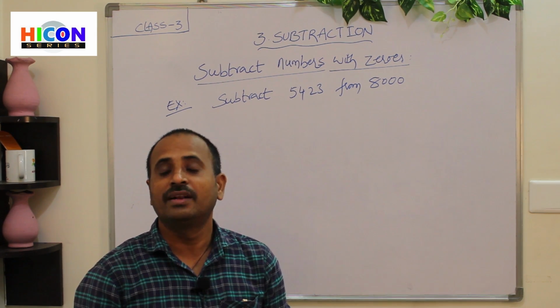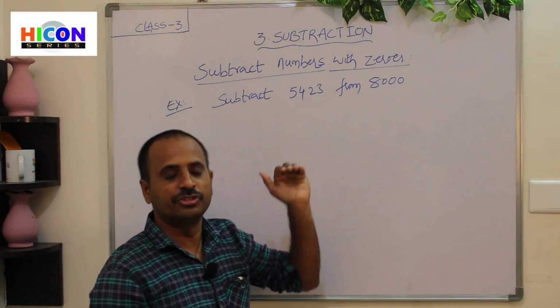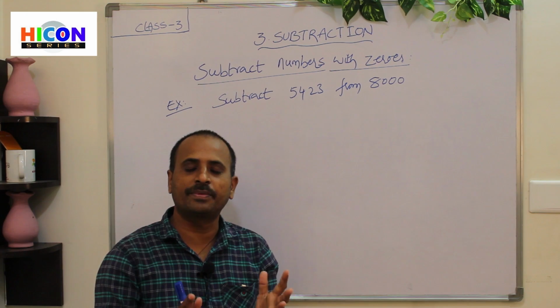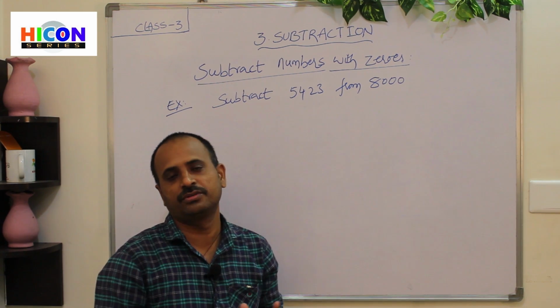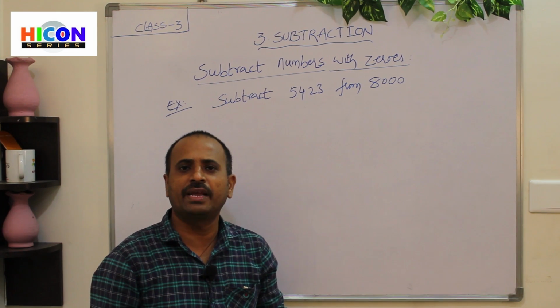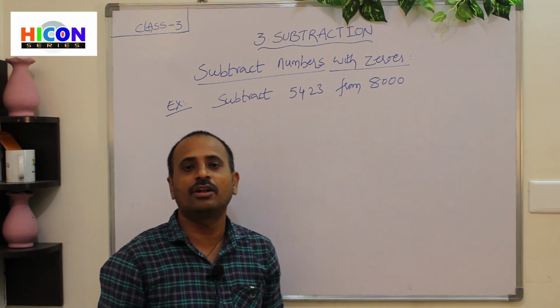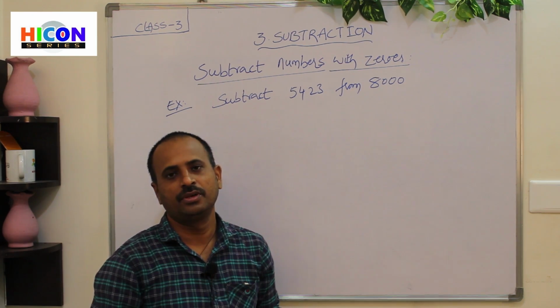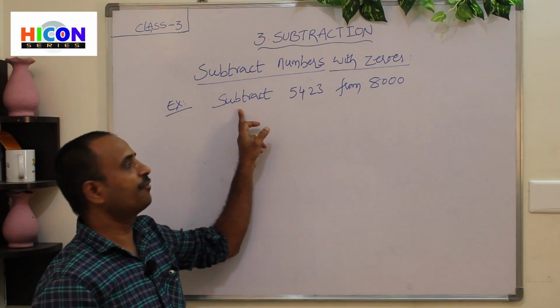Now the next topic in this chapter is subtract numbers with zeros. That means how to subtract a number from a given number having zeros. If the number has more zeros, how do we subtract and how do we regroup? For example, see the children, subtract